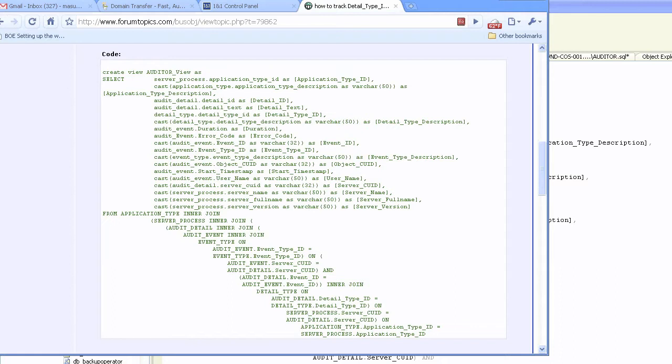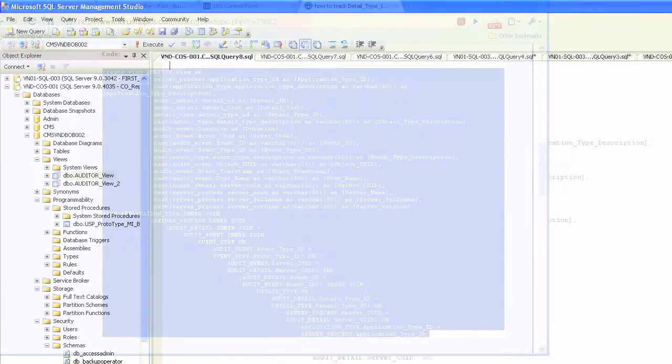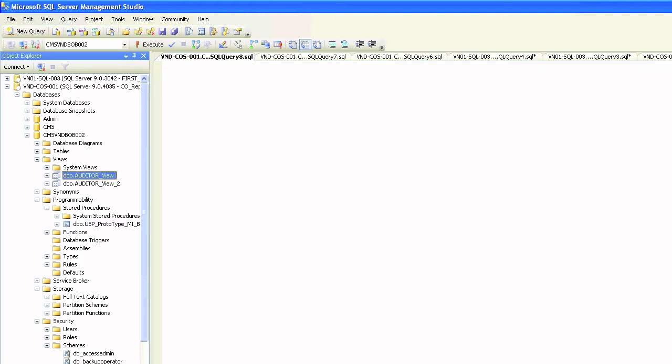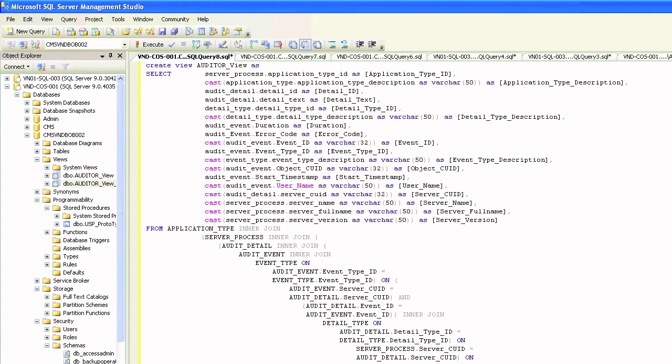Today we're going to go over auditing business objects activities. We will simply copy this view found on the BOB forum, and we will paste it into our SQL Server 2005 query analyzer. As you can see, I already created two views, so I'll simply paste it and rename it to view number 3. And as you can see, the code starts with create view,